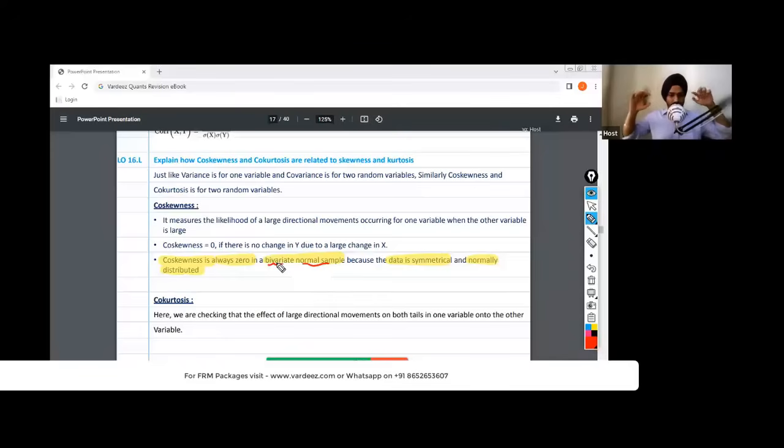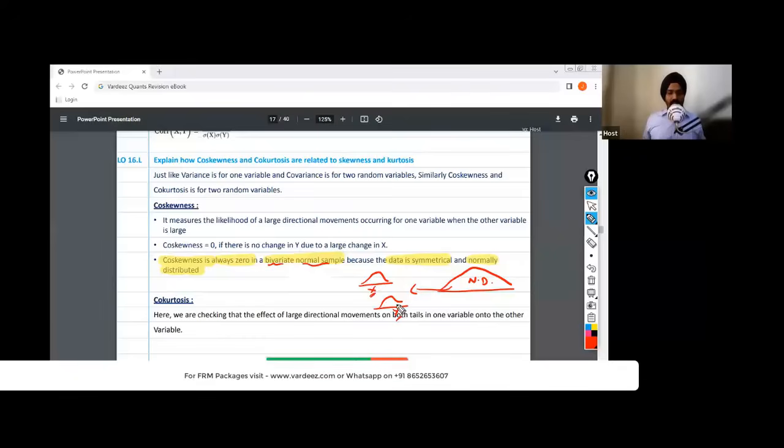Bivariate means 2. If you pull up, let's say this is one sample, this is already a normal distribution. If you pull up 2 samples, let's say this one, X, and this one, which is Y. So if this original distribution is normally distributed, then any data that you pick up, this one and this one,